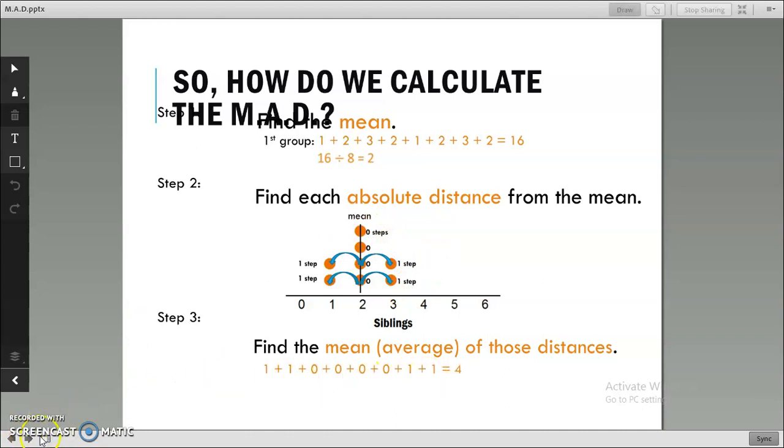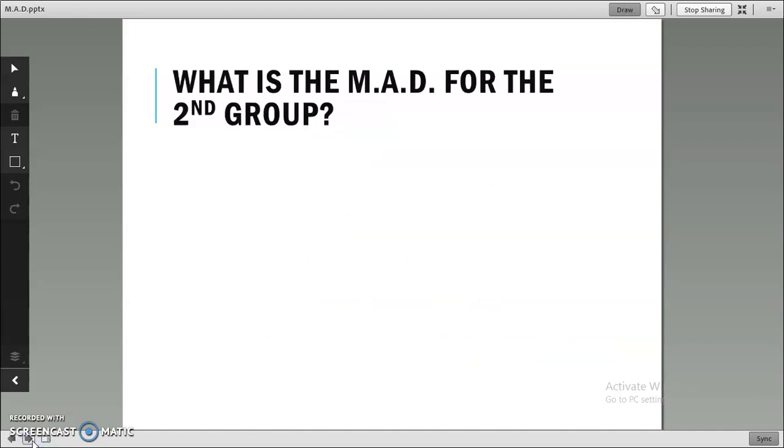And we get 4. Divide that by 8. So the average distance of each data set from the mean is 0.5. What is the MAD, or the